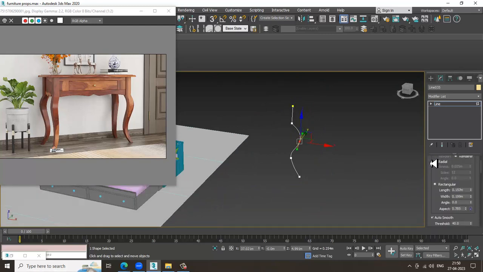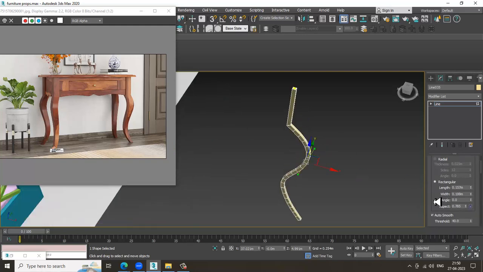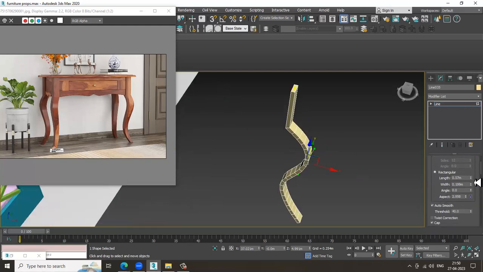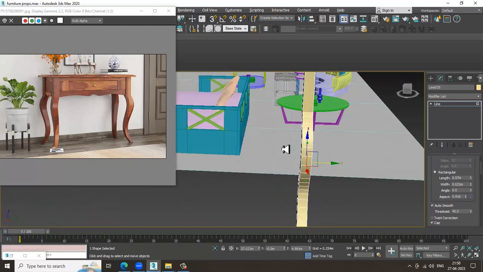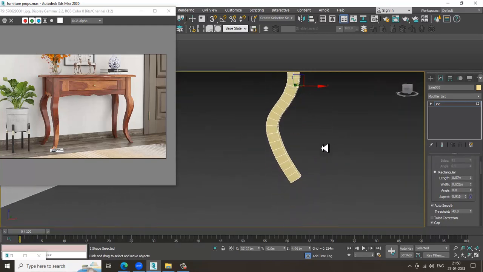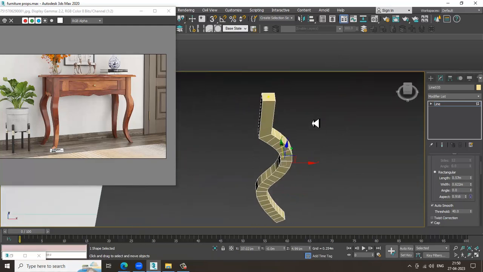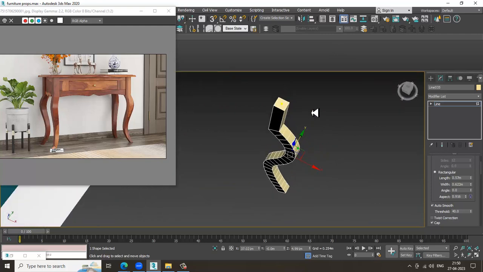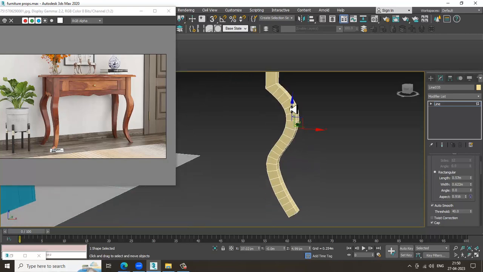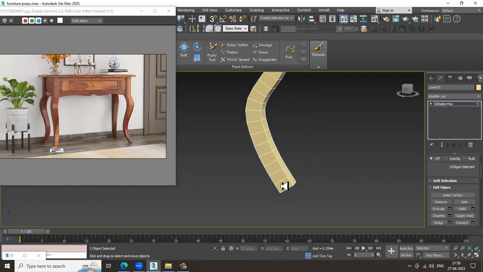So let's go into the rendering, enable in viewport. We can slightly increase the length and width of it. We can definitely reduce it later. Whatever changes are required, we'll definitely do that. And now what I can do over here is convert to editable poly. So now we can go over here and let's remove this,